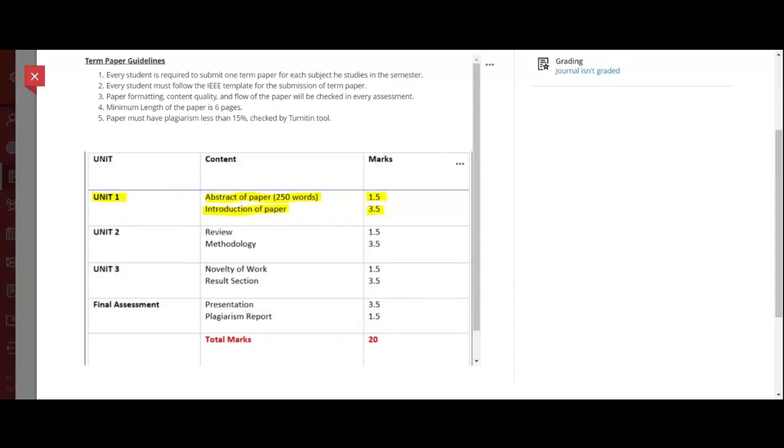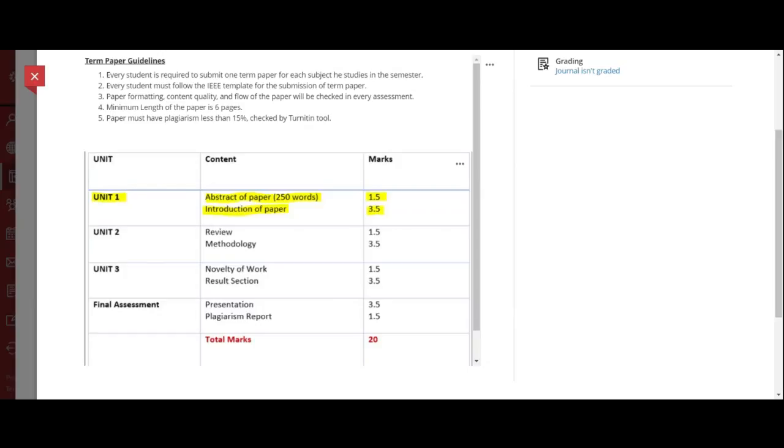So till the mid of April, you just need to perform these two things, Unit 1 and Unit 2, review of the methodology. After that, you just need to make sure that whenever there will be a next lecture, you confirm your topics by then, or you can do it by Tuesday, because you have 2 days, Sunday and Monday. Till Tuesday, you need to provide me the topic on which you are going to cover your paper.